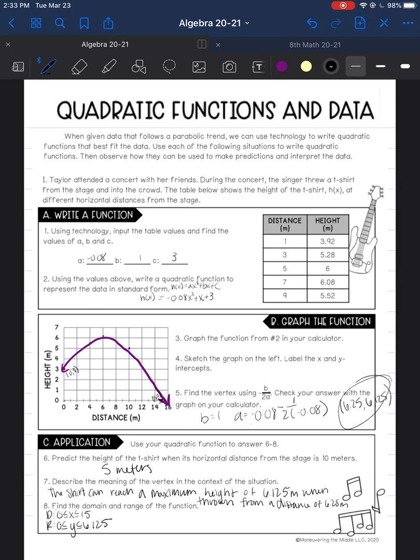Please remember that when you're typing in your domain and range, because you don't have access to the correct sign for less than or equal to, we are saying or equal to. I know you can only put the greater than or less than sign, but I want you to understand that that is or equal to as well. If you have any questions, please ask your teacher. Other than that, you can start on your